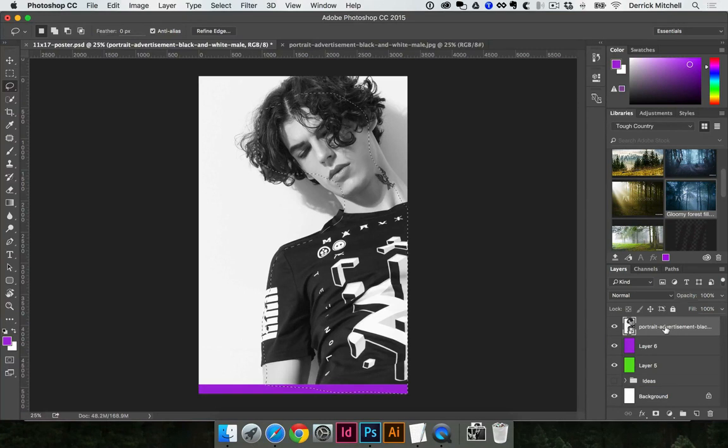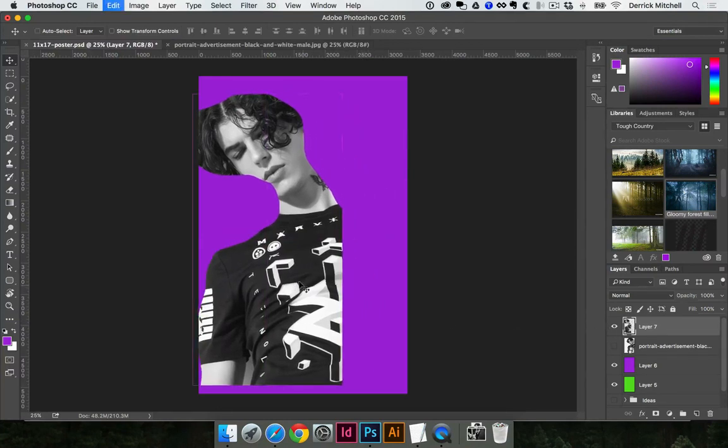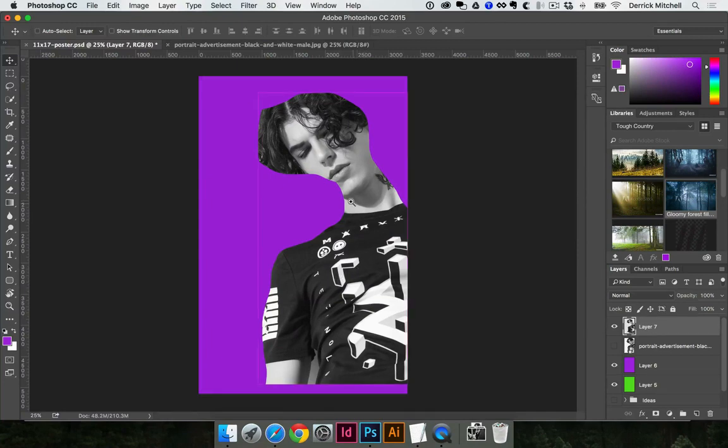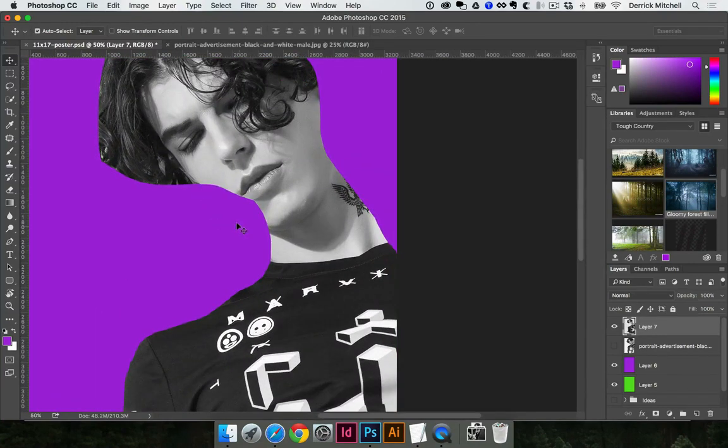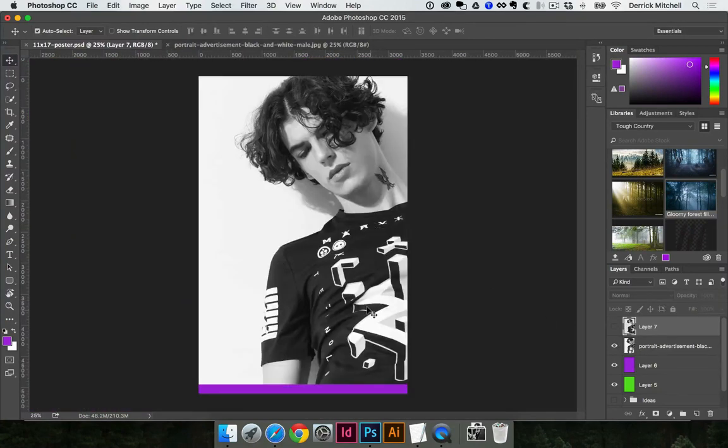I could delete it. In this case, I usually hit Command J, which jump cuts it up to its own layer. So if I turn off the original, what I've done now is I've brought this layer to the front. Obviously it's a terrible selection, and it's not editable, or it's not a smart object. It's destructive editing. I can't ever bring back where I didn't make a good selection. So making a selection with the marching ants tool and then just jump cutting it isn't probably the best way